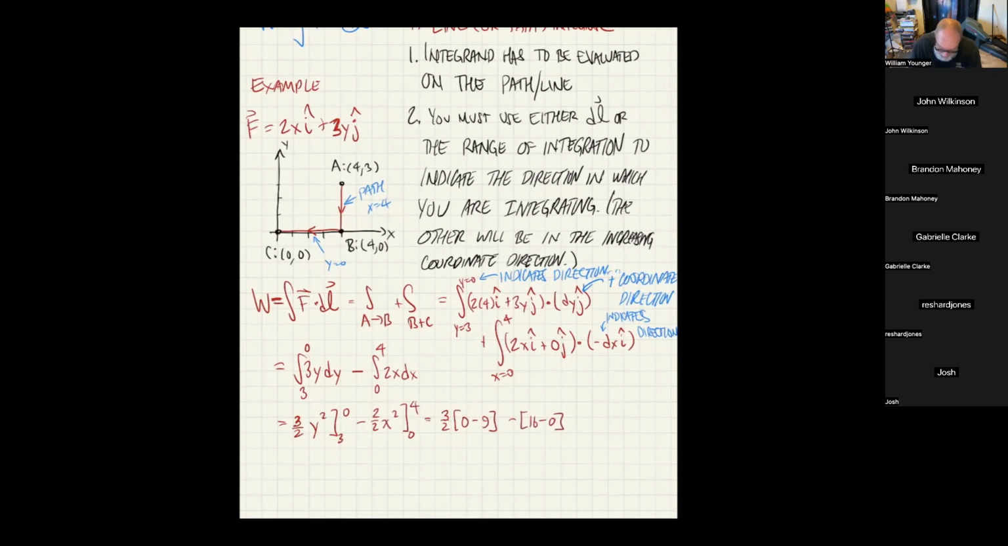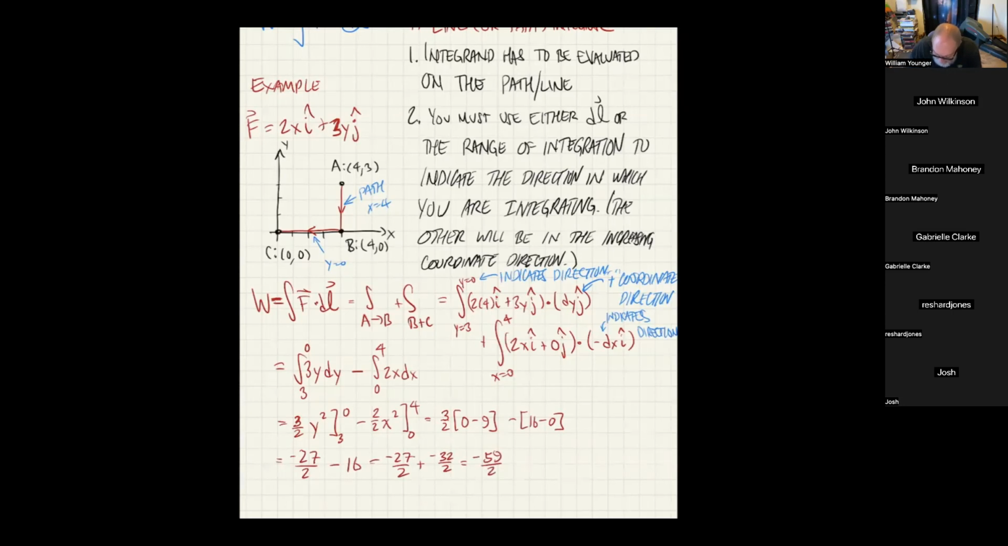So I get negative 27 over 2 for the first integral. And for the second integral, I get negative 16. So I could make that 32 over 2. So it'd be negative 27 over 2 plus negative 32 over 2. That would be negative 59